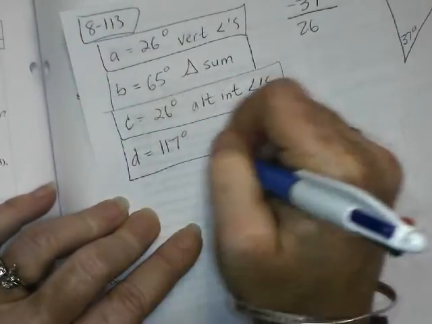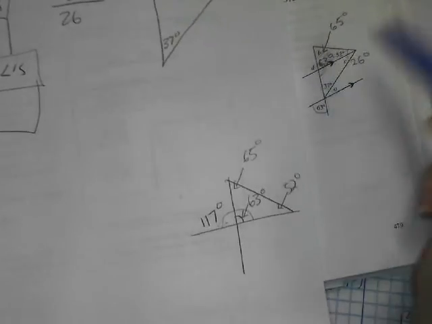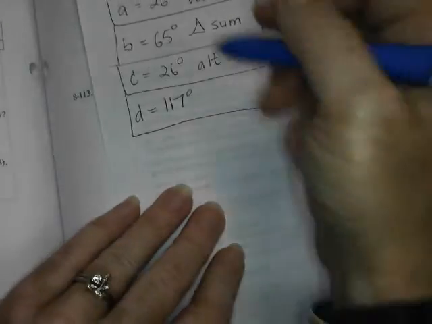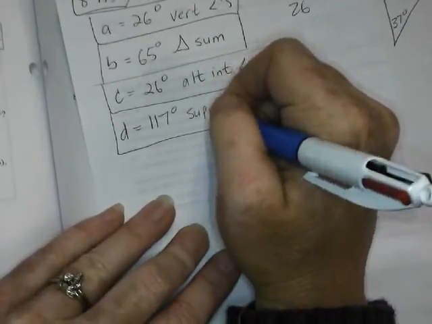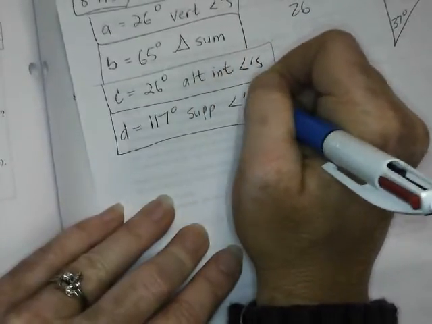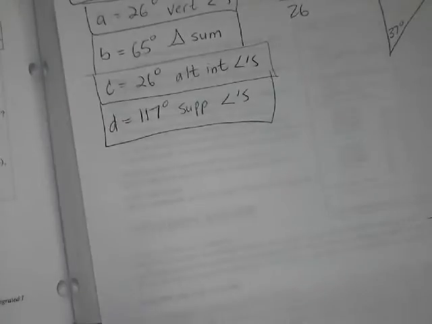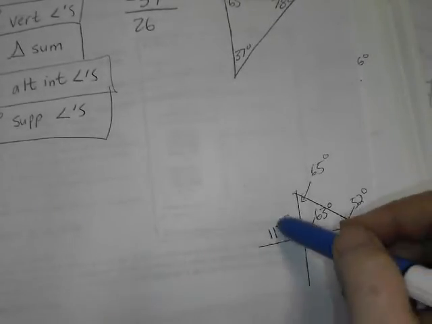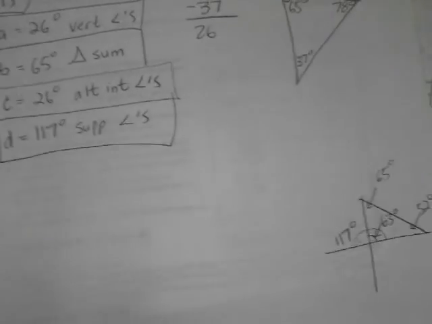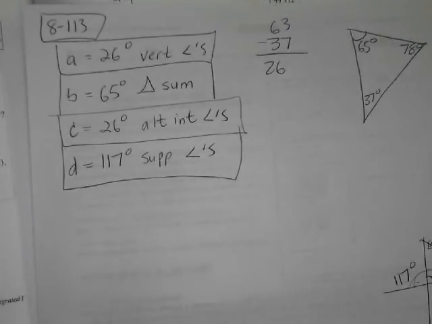I'm going to say the way I did it, I used supplementary angles on that, and I used triangle sum theorem too. I'm just going to write supplementary angles on mine. You would probably want to write vertical angles, Rocco, if you were thinking of it as these two vertical angles. Well, what I did, I used A,